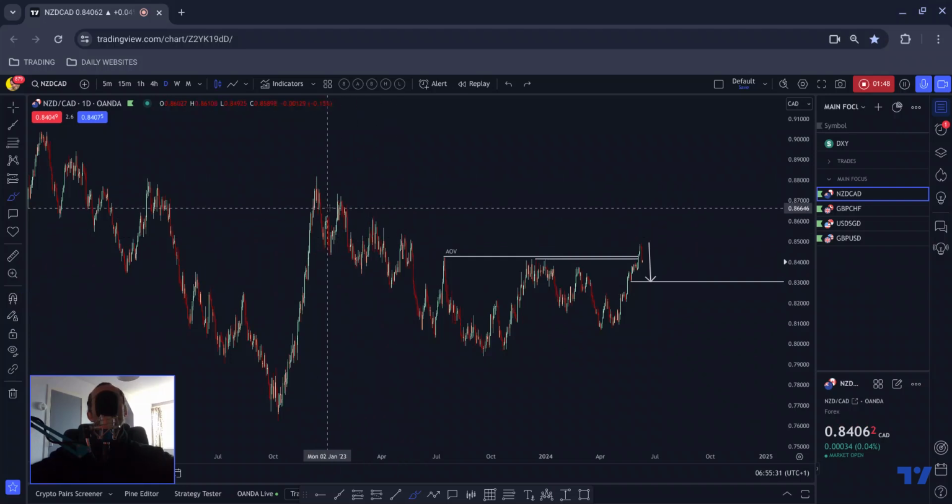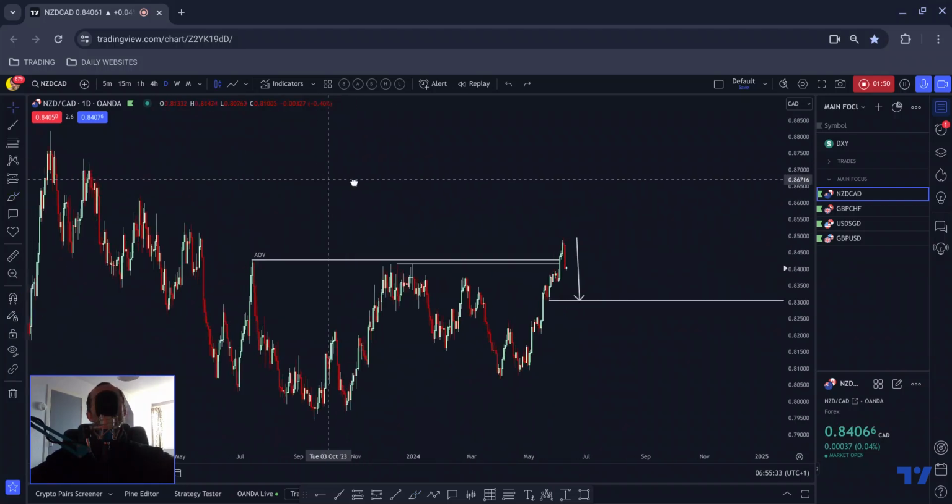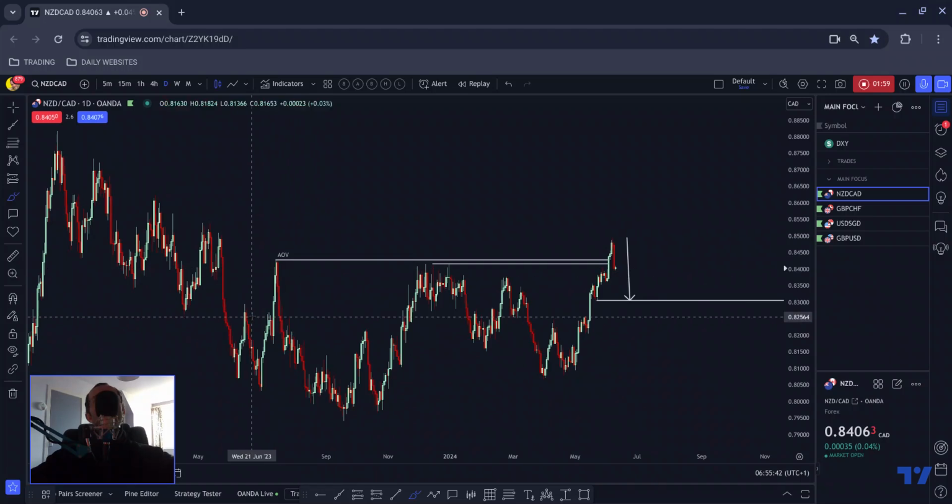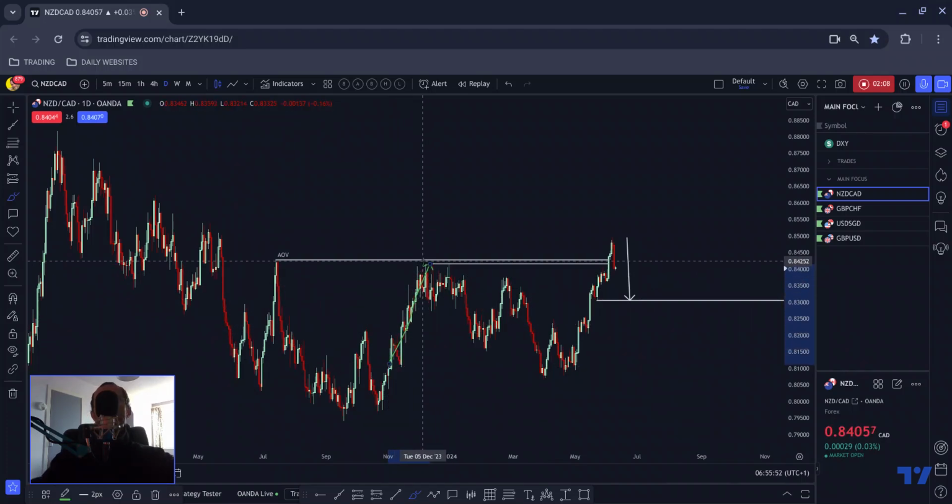Okay, so we have the failed continuation structure. We drop out of this flag and then price comes up and leaves this footprint here. Initially we had a bit of a footprint there, but then we just completely blasted through that, created a new one. Then we gravitated up to this area and near missed it. And as I often say, these near misses often give us an indication of how valuable a particular area of value is, especially when we then sell off in a corrective manner.